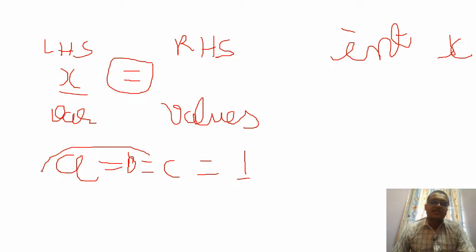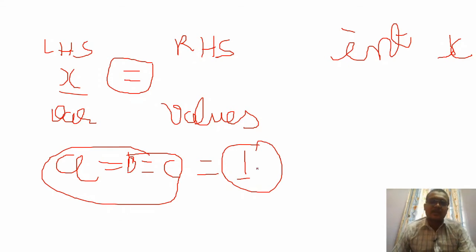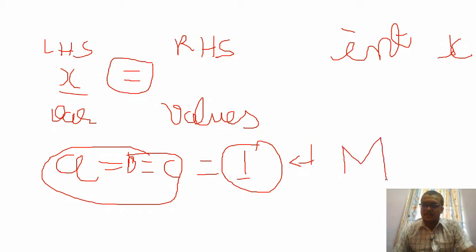All these variables are going to take the same memory location, that is 1, and the same memory location is going to be accessed for all these variables. A single value is assigned to all the variables in a single line after pressing enter. So this is called multiple assignment. You are assigning multiple variables in a single line with a single value, only one value. All these variables are going to access the same memory location.